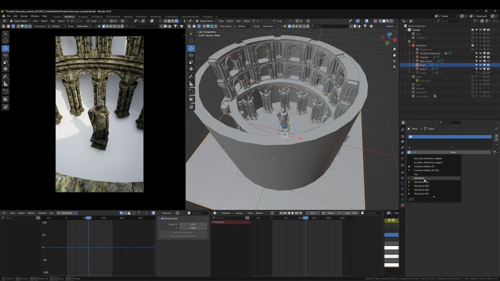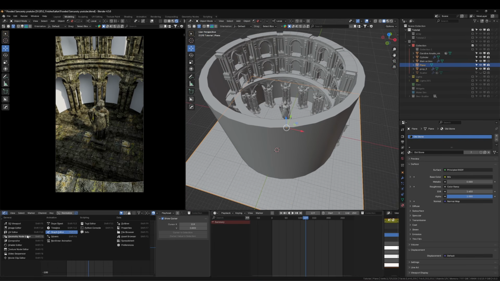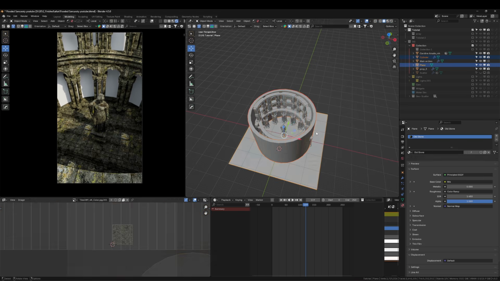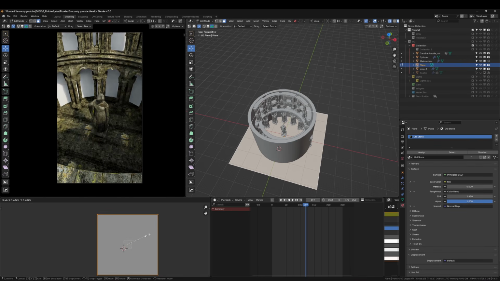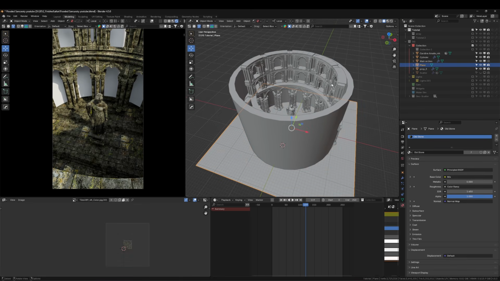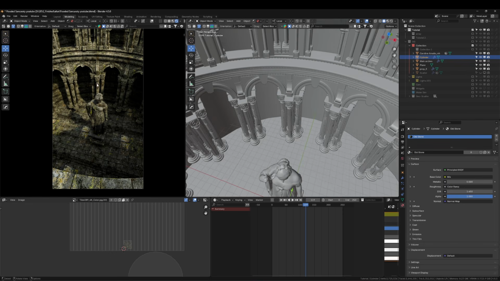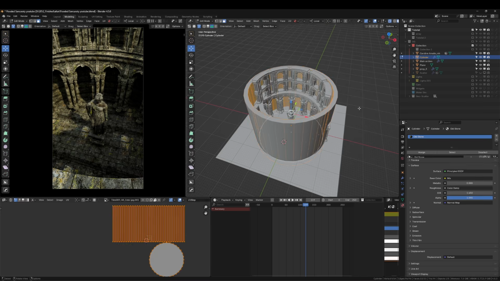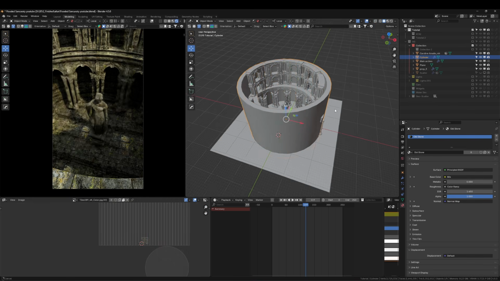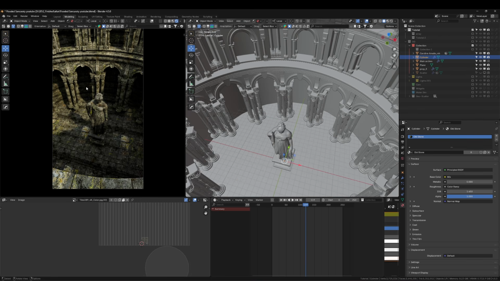For the plane, for example, I just use the same material as the arches, and the only difference is that I go to edit mode of the plane and just scale it up to make the texture appear much smaller, and the same thing for the cylinder. So we're also going to use the same material as the arches, and then same game, go to edit mode and just scale everything up. That's about it. It's dirty work, I know, but it works because you're not going to see this area that much,